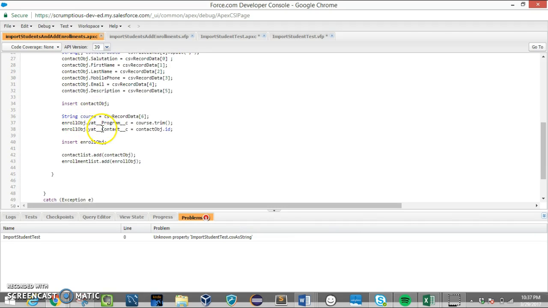What we're doing after that is taking that contact object that was just inserted, and we're saying let's take it a step further and enroll them in the course that exists within column 6 of the .csv file, which is the course ID. So we're taking the course ID, trimming it using .trim, and saying that that is the class's ID, and then taking the contact object's, the student object's ID, and assigning that to the enrollment object. Once we have the class ID and the student ID, we can insert the enrollment object. Finally, we're adding them to a student list and an enrollment list, and we are sending that to the Visualforce